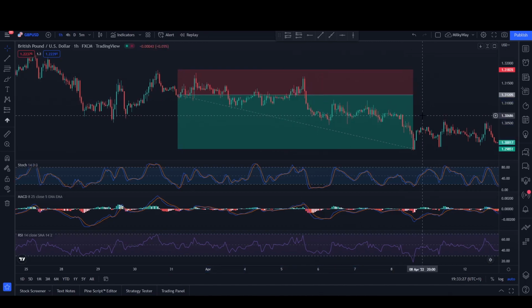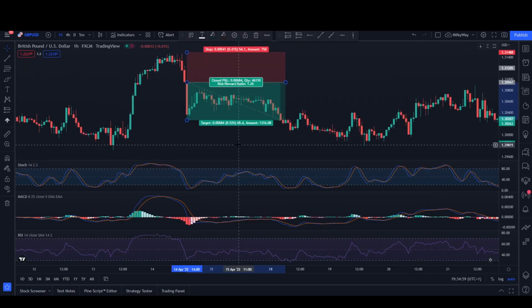I'll show you a few examples and then we'll dive straight into the backtest. So here's a perfect example of a short trade. We've got the stochastic that has reached an overbought state, the MACD that is trending downward, and the RSI closing below 50. So we enter here, we place the stop loss at the last swing, and we wait until both the stochastic and the RSI become oversold, which is